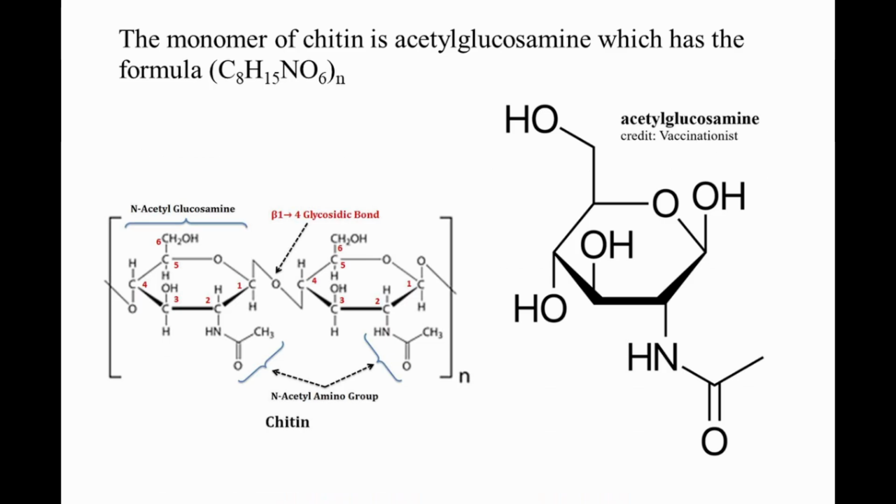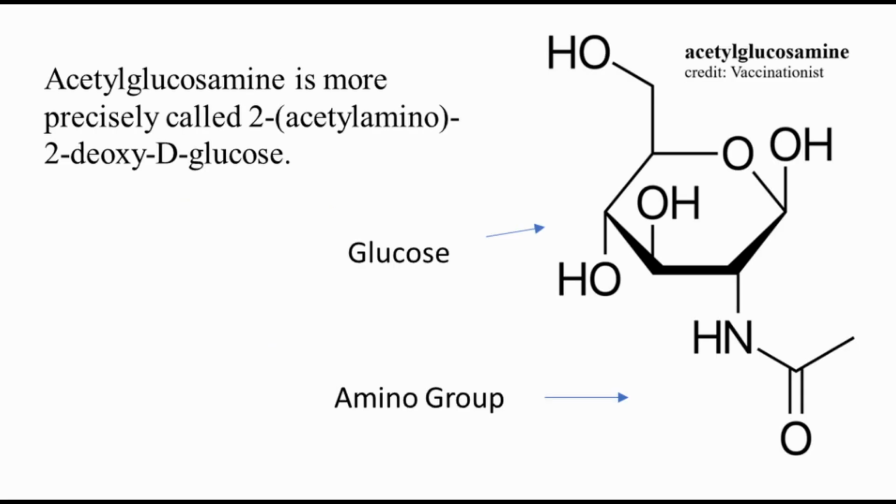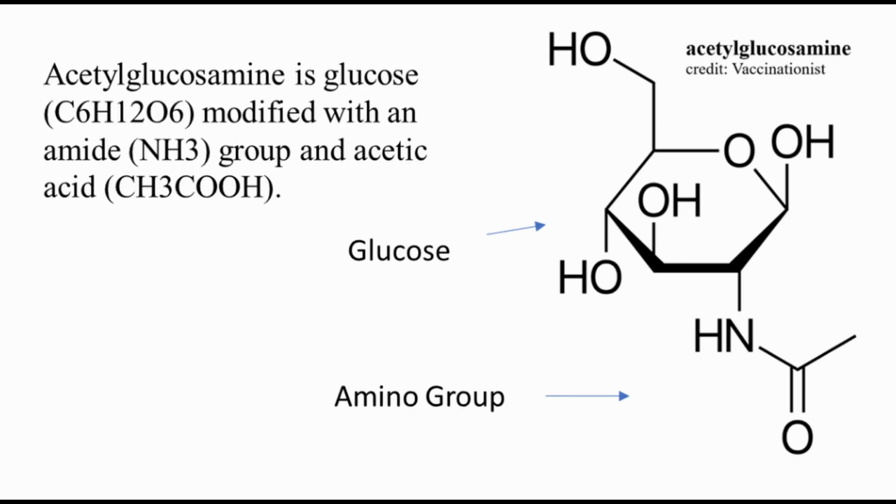The monomer of chitin is acetylglucosamine, which has the formula C8H15NO6. Acetylglucosamine is more precisely called 2-acetylamino, 2-deoxy-D-glucose. Acetylglucosamine is glucose, C6H12O6, modified with an amide NH3 group, and acetic acid